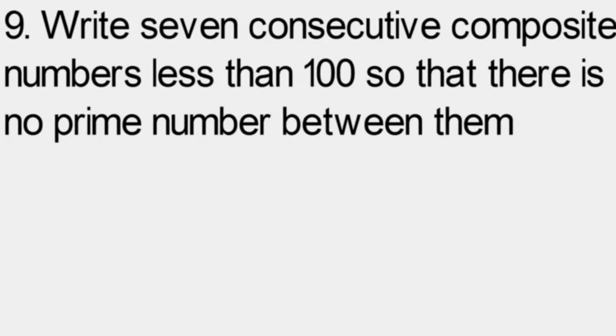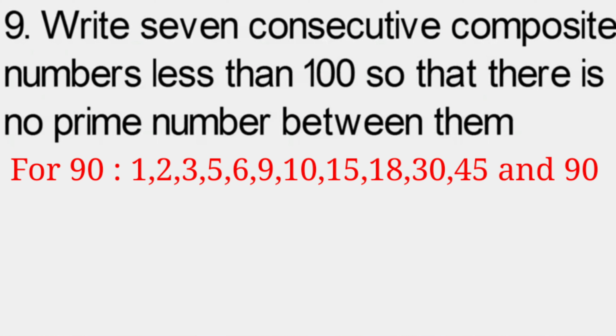For you, I'm going to take 90 and find its factors. So 1 into 90 is 90, 2 into 45, 3 into 30, 5 into 18, 6 into 15, and 9 into 10 is 90. Apart from this, 11 would not be. So see, we got the smaller numbers as well as the biggest numbers.